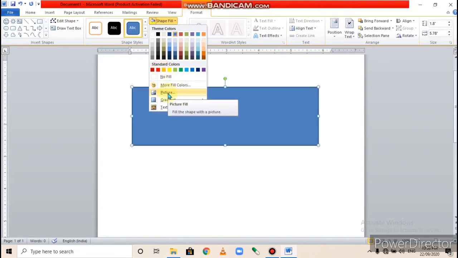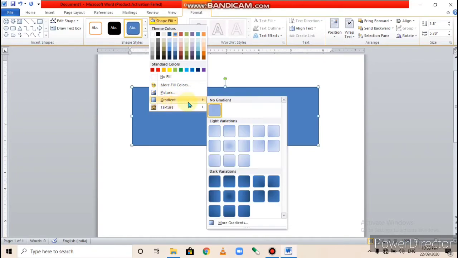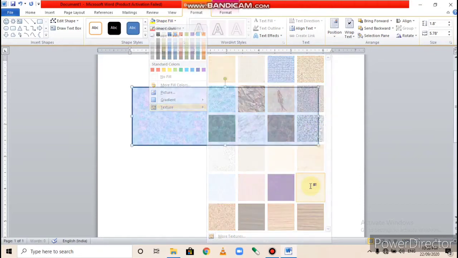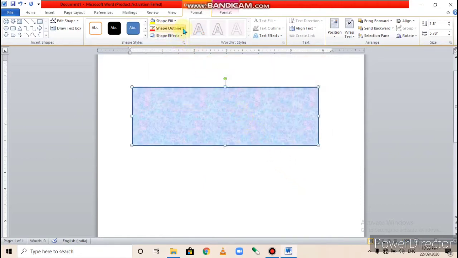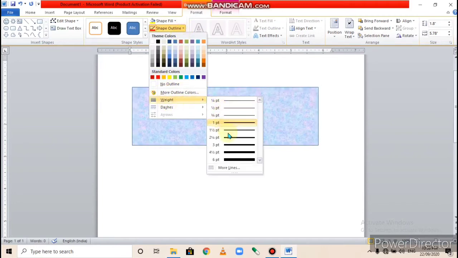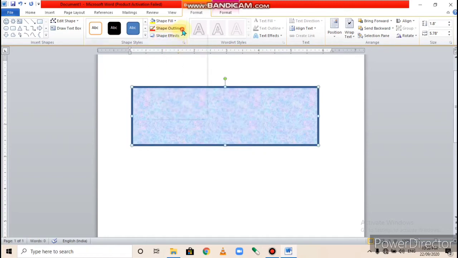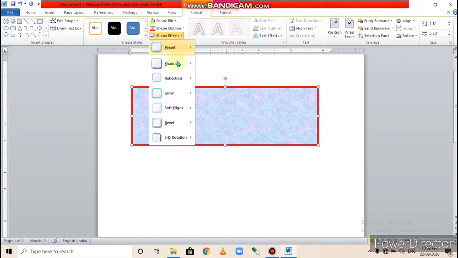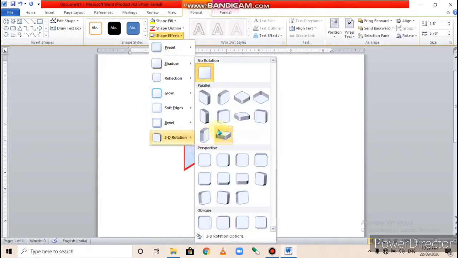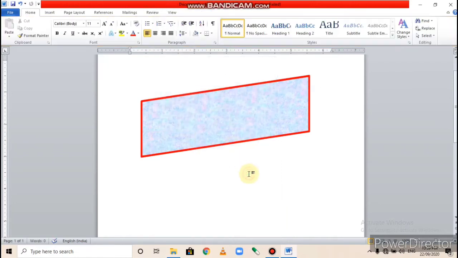Then you can also change the gradients and textures. You can change the shape outline also. You can change the shadow option, 3D rotation, like this. Understood?